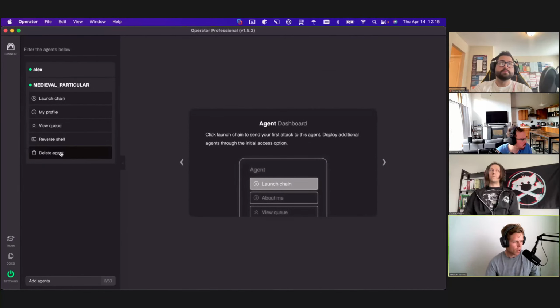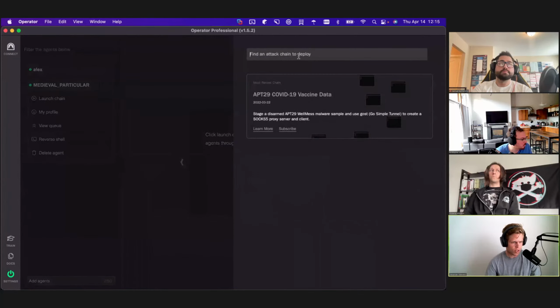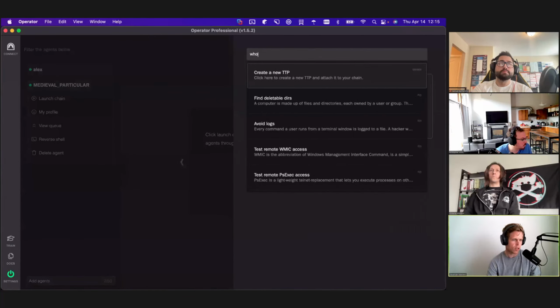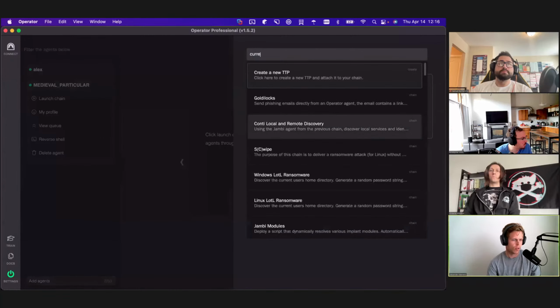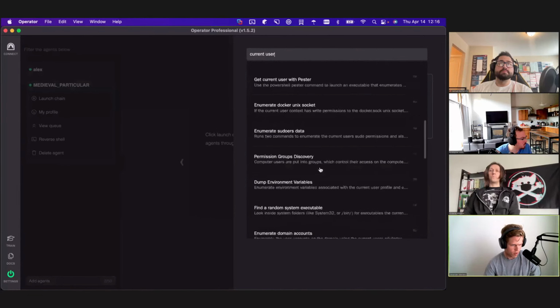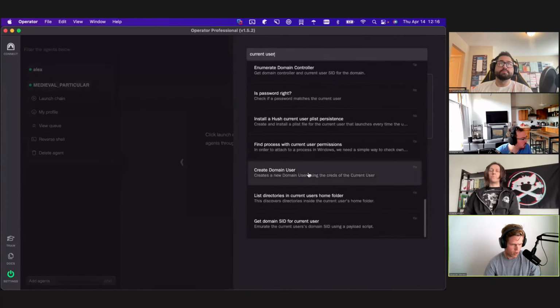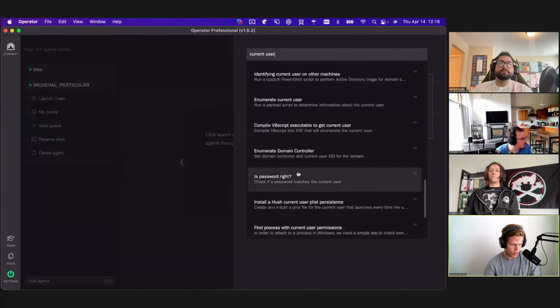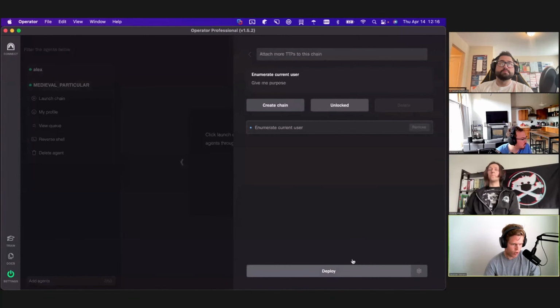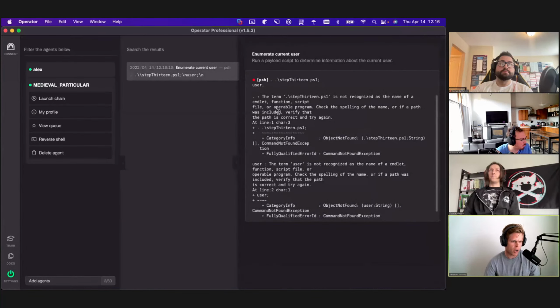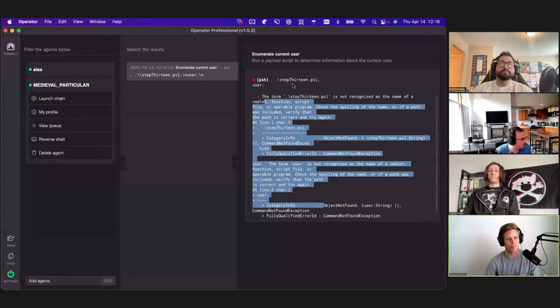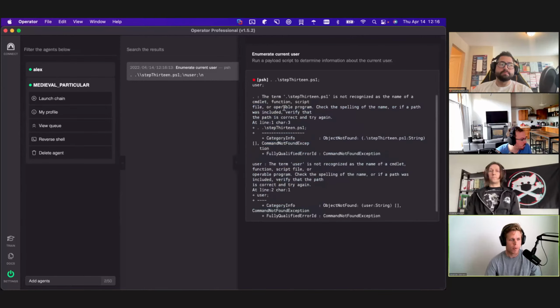this point. And what that lets you do is send standard TTPs like who, let's see, current user. Enumerate current user. So you'd be able to send standard TTPs. It may or may not work. This is a payload dependent one, but the idea is that you would be able to use the same kind